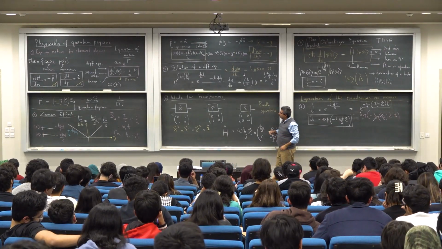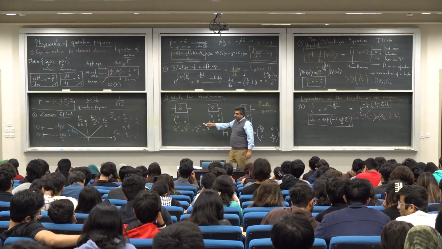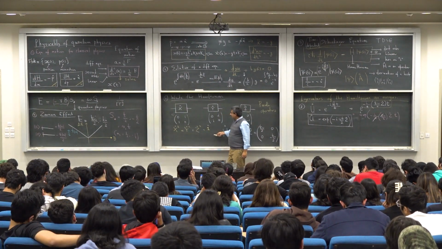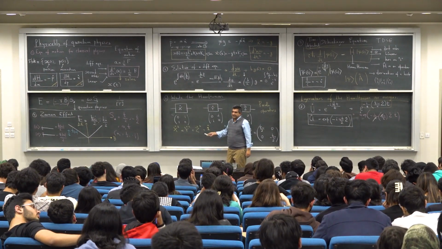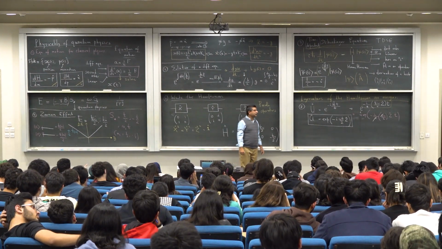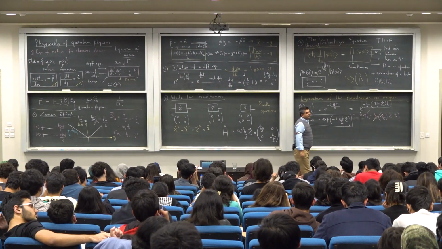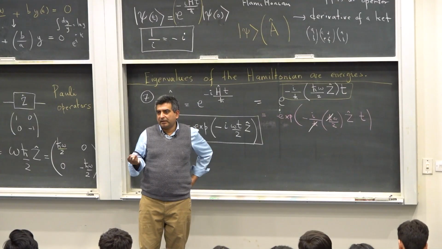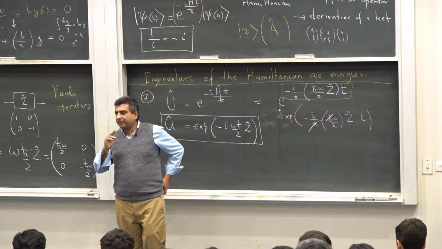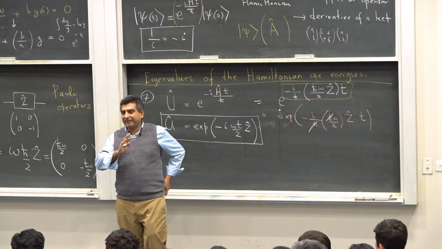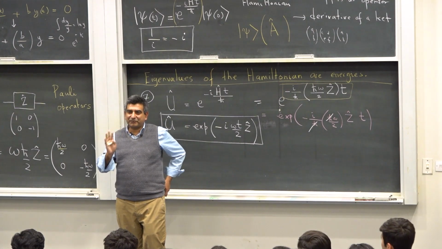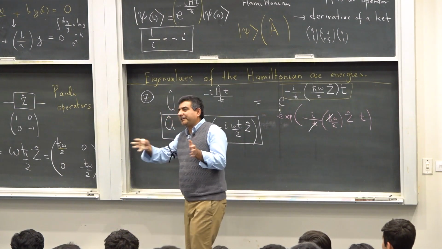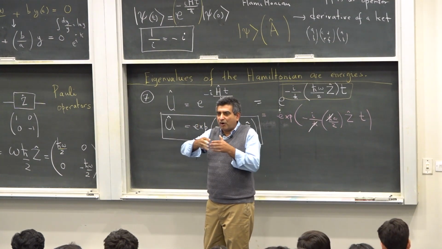Now the question is, now I have the Hamiltonian with me. I need to find this operator, because knowing the Hamiltonian is not sufficient. I need to put the Hamiltonian inside the power of an exponent. Now how do I do that? Okay, slow. Let's see how we do that.